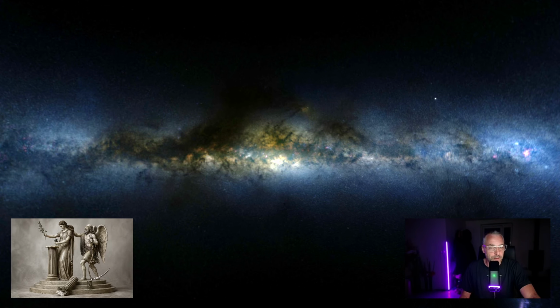And let's get to the juicy stuff, because it's no longer a secret that it all began in the Milky Way center. So let's have a look at the Milky Way center here, and you can see the image in the corner down there. I'll go through the symbolism one by one so you can get an understanding of the foundation.